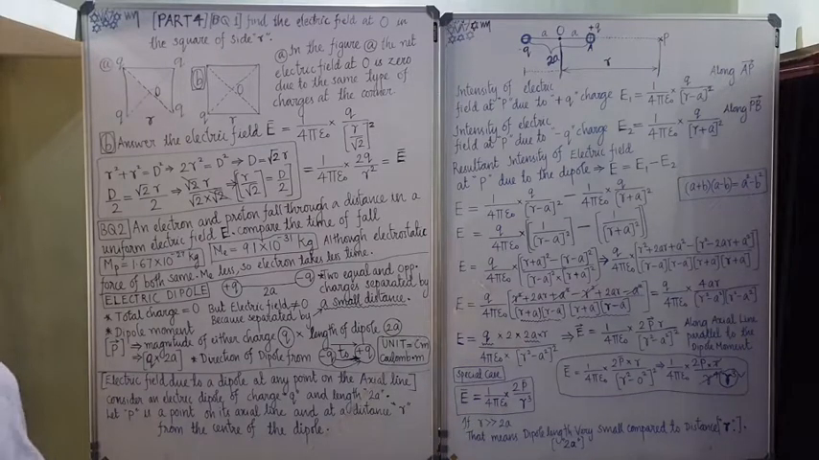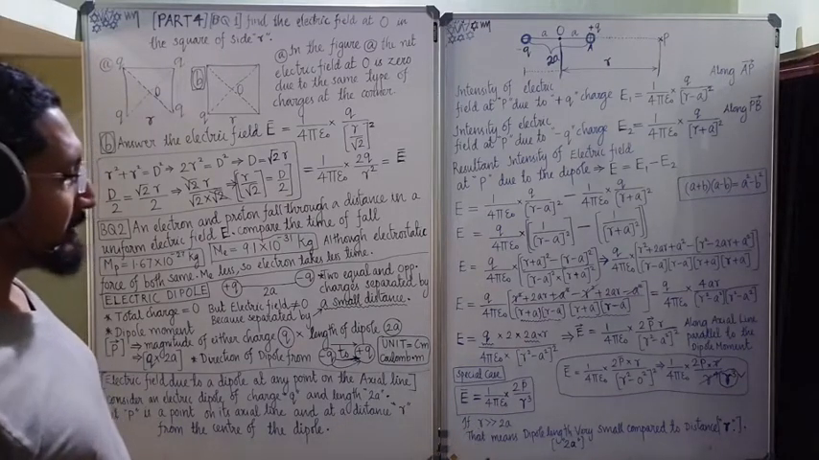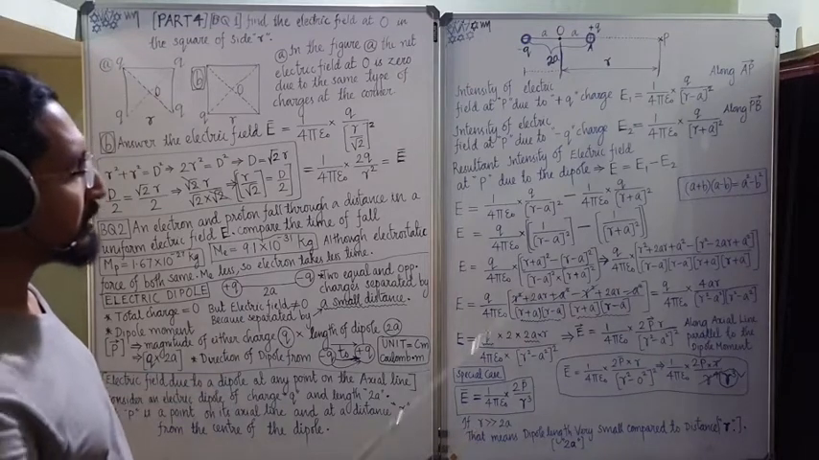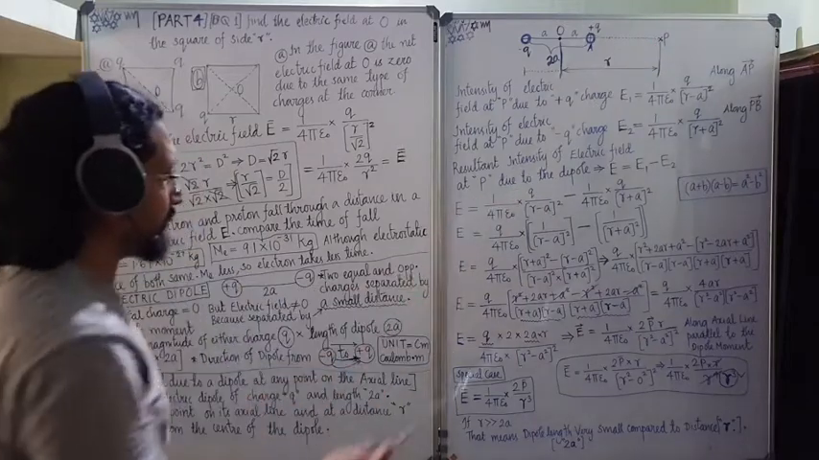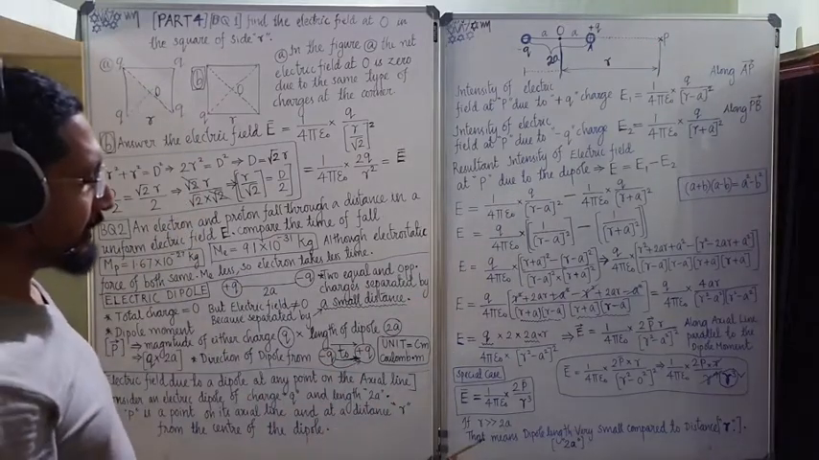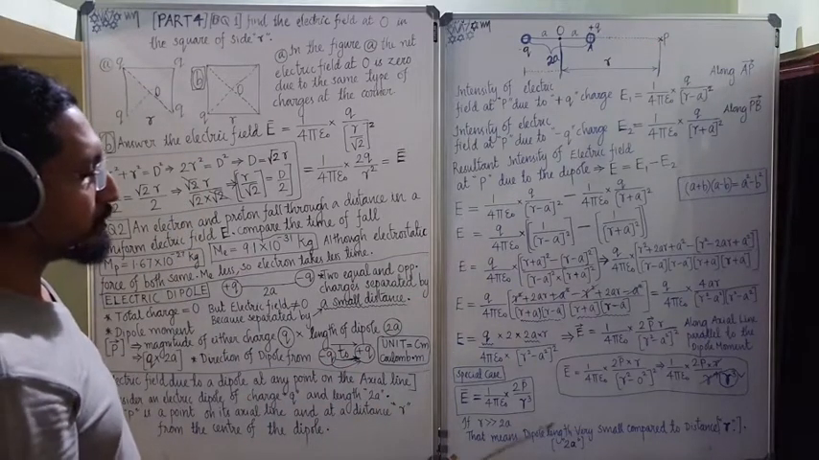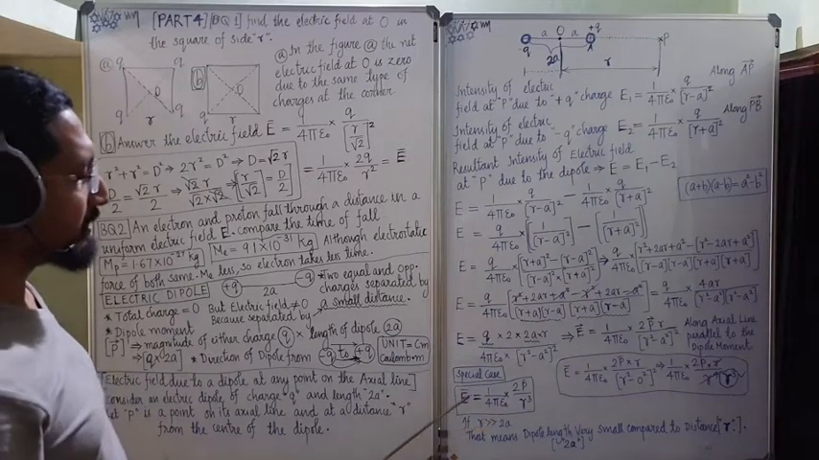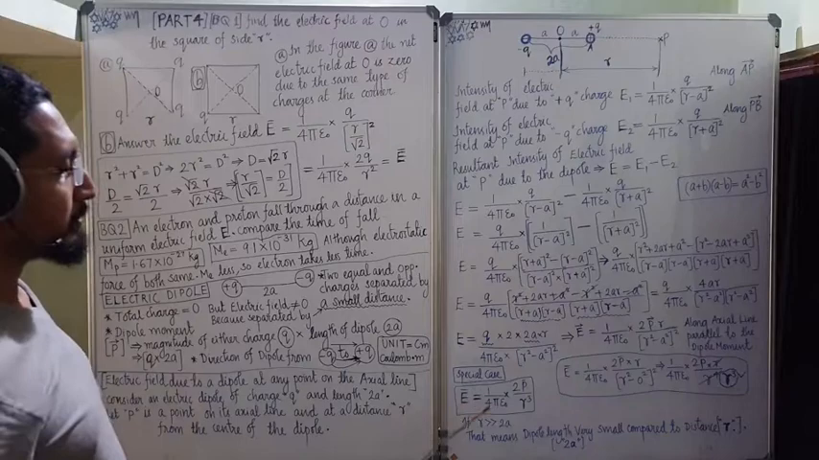That means if the distance between this dipole is very small with respect to the distance of that point taken in the axial line, that means the dipole length is very small compared to the distance taken, then this is the special case equation, that is E is equal to 1 by 4 pi epsilon 0 into